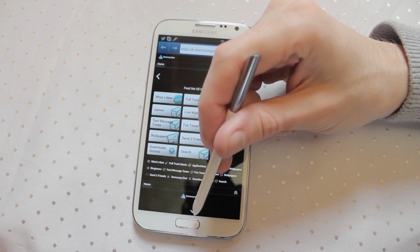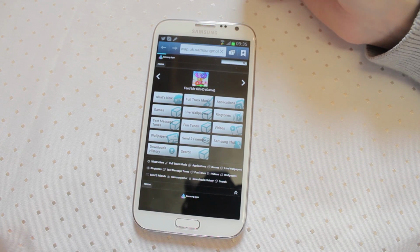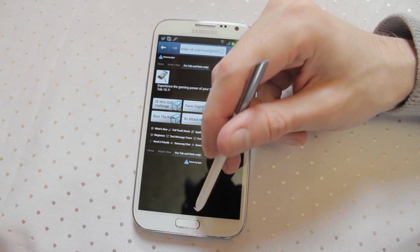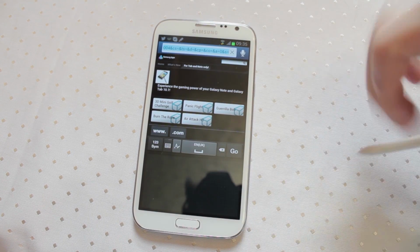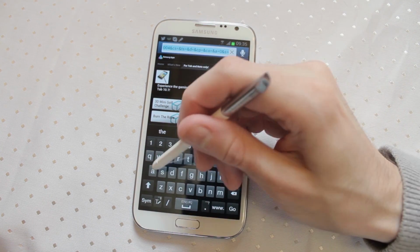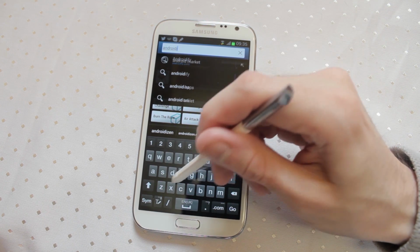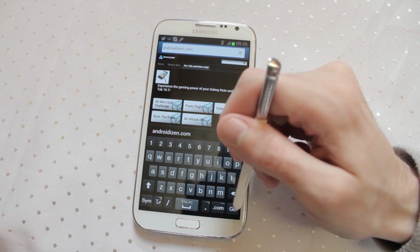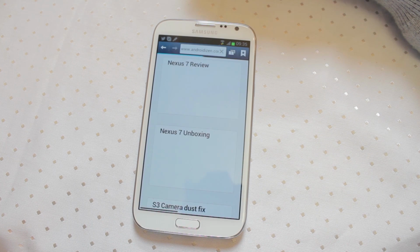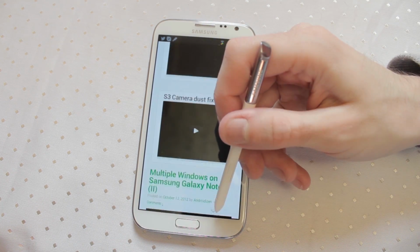Just see if it's actually working. Yeah, you can see the arrow appearing at the bottom here. Let's just get it into something where we've got a long list to scroll. Okay, so this is the Androidizen website, and if you can see there, now as soon as I've gone with